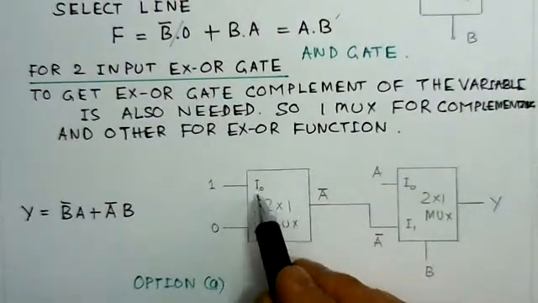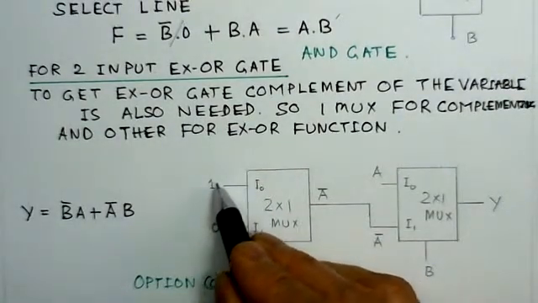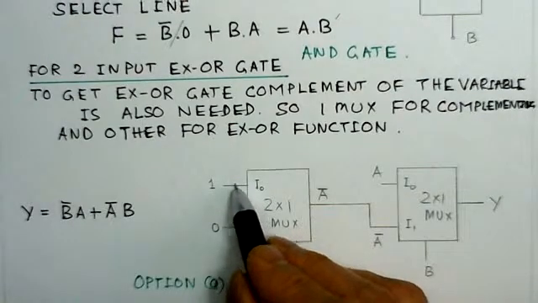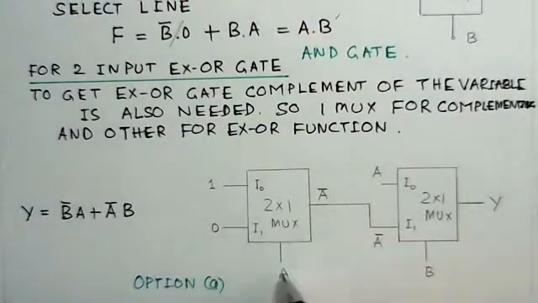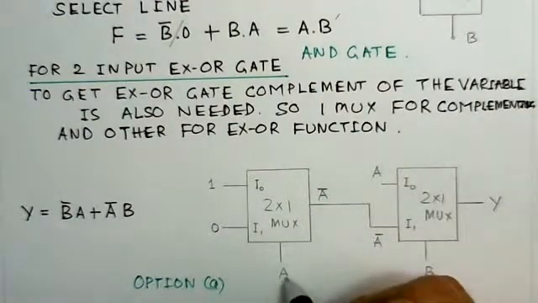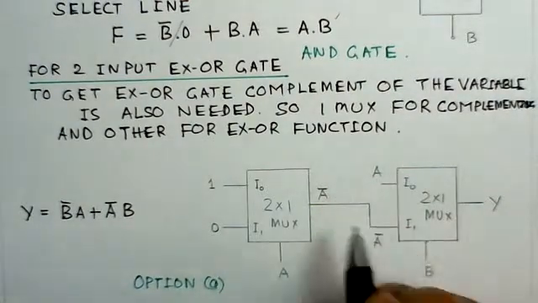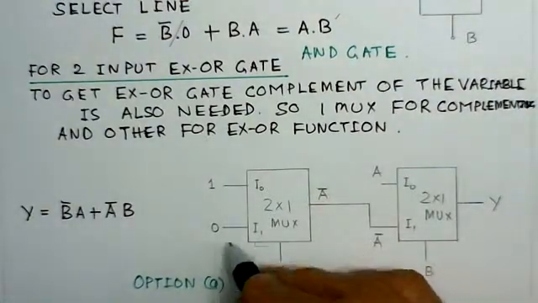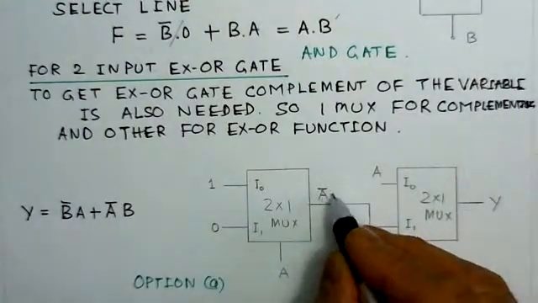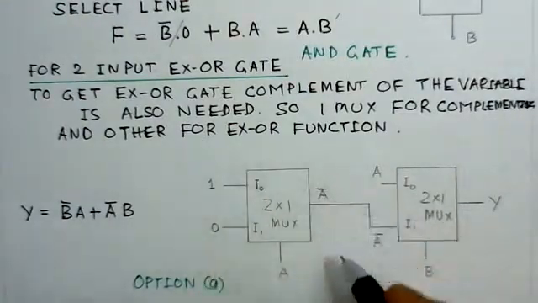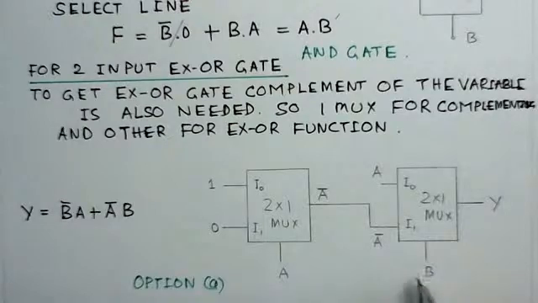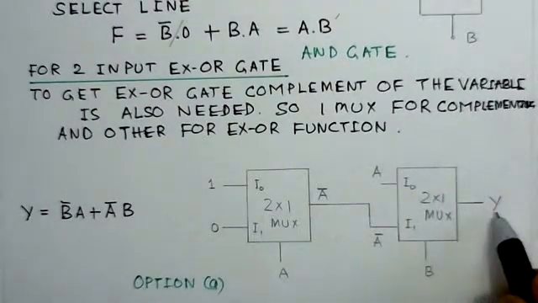See here, in the first multiplexer the input at channel 1 is 1, the other is 0, and you can write the corresponding expression here, as for the AND gate, because this would be A bar into 1. So this will give me A bar, and the second term A into 0 will be 0. So this is like an inverter.